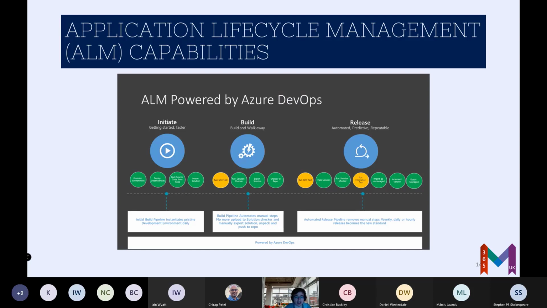Now, application lifecycle management forms a huge part of any IT solution, but in particular for the Power Platform, it becomes a very key concern. We want to be in a position where we can deploy our solutions in the most effective manner. We can deploy predictably. We can automate where possible, so that we're not spending yet another Friday night at midnight trying for the umpteenth time to get something pushed out into production. We can start to keep internal